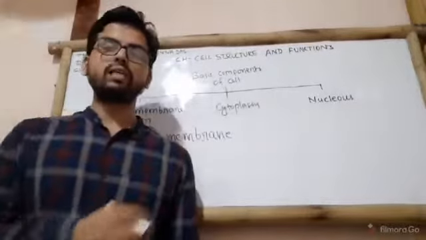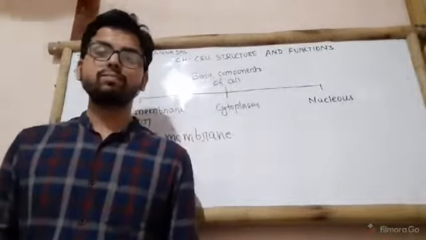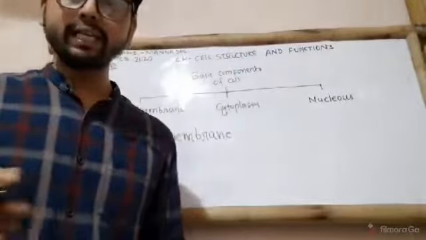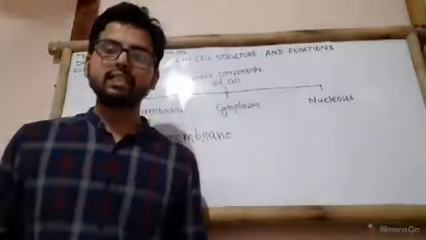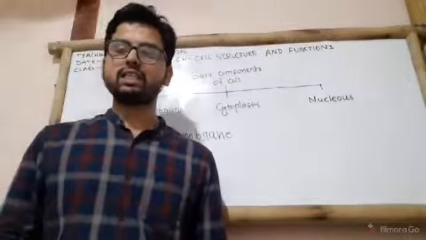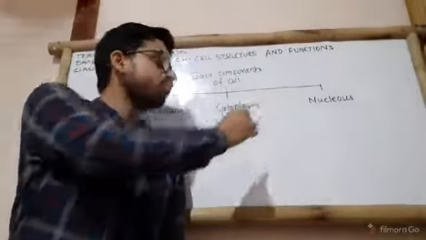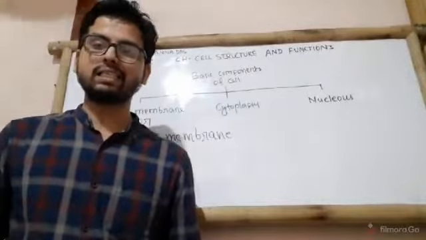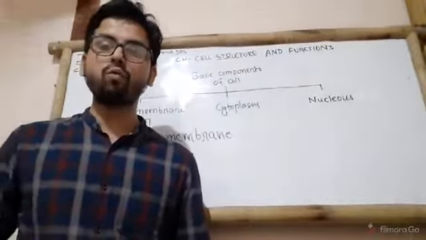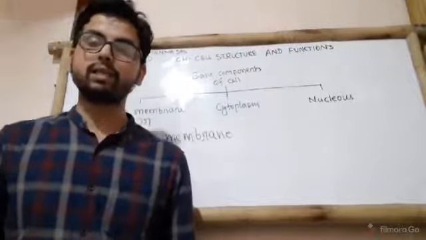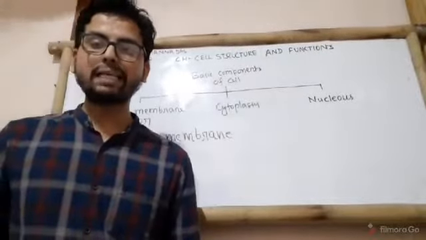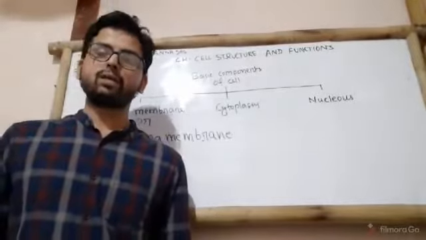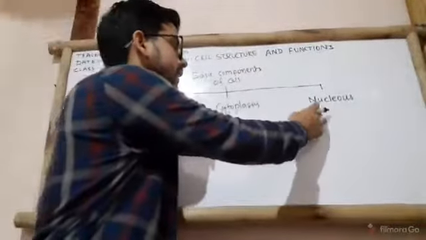Next we have the nucleus. Now what is it? It is usually spherical, situated in the center of the cell, and is a vital part of living cells. What is the function of the nucleus? It acts as the control center of all the cell activities, and it also plays an important role in inheritance. In the nucleus there is the presence of